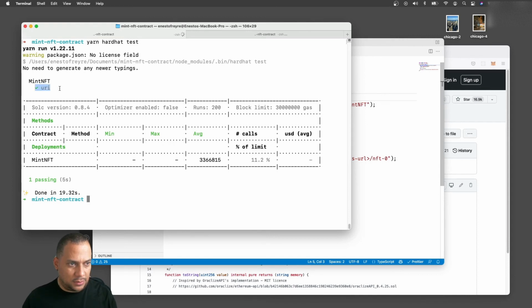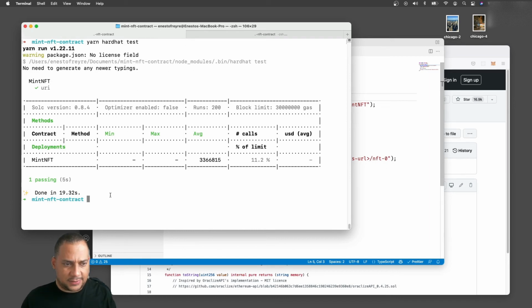So the URI method was successful. This is pretty cool. This is a reporter that gave us some information about gas uses, etc. So this is pretty amazing. We can also even add a coin. I think it's the CoinGecko API, and it will give us the average value in USD.